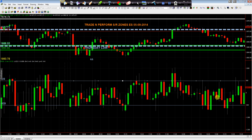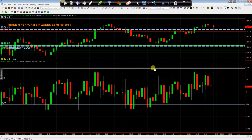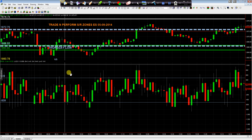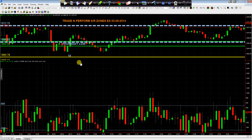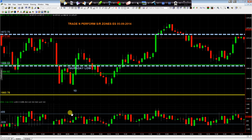This is the very definition of a balanced day. It was perfectly balanced all day long, right, with small spikes above and small spikes below. When you have that kind of environment, what is the predominant type of price action that we have? Well, the type of price action we have is it gives head fakes on the breakouts and head fakes on the breakdowns. So if you look, the tick never exceeded 500 on the downside,